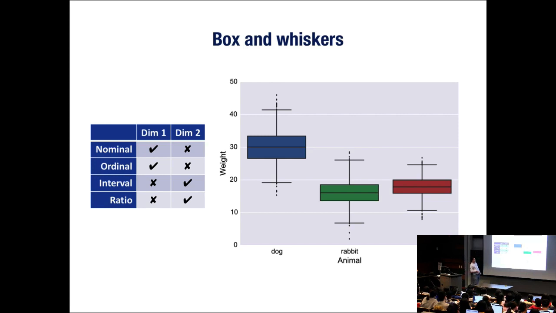So if you have categorical data on one axis and numerical on the other, the best thing you can do in some sense is to split your data by the categorical variable